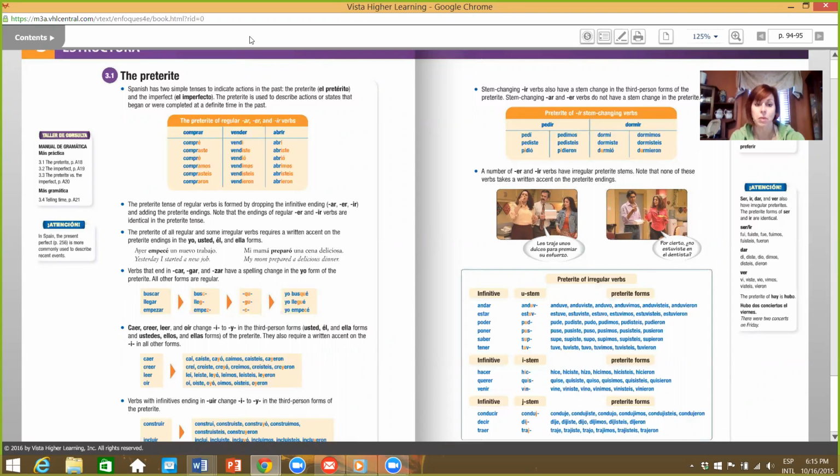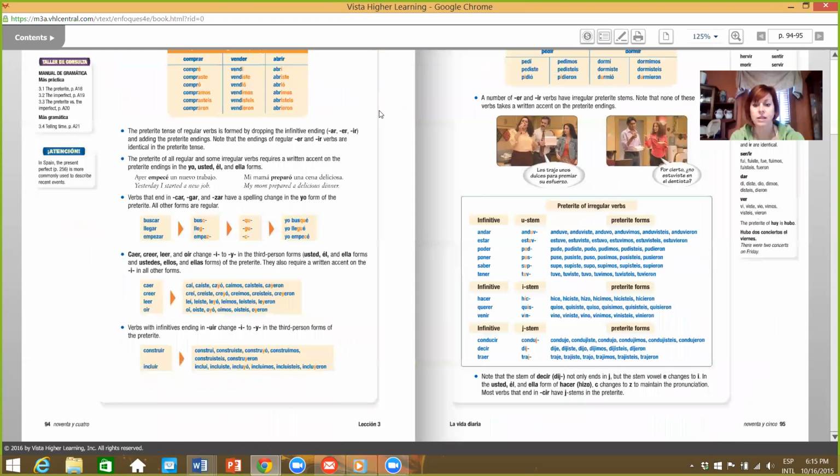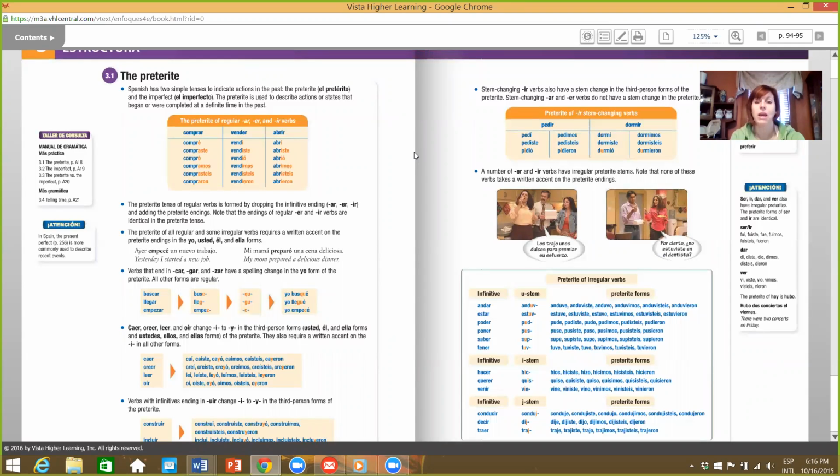So I'm also going to be posting in the module some other charts and some ways to practice, but really, especially if it's been a while since you have looked at the conjugations for the preterite, you really need to be working on them even before they are assigned,